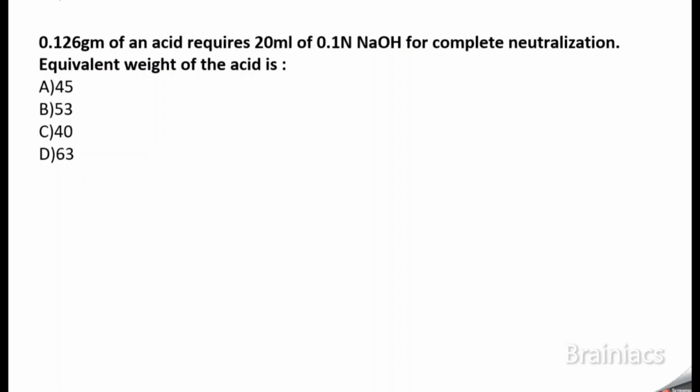Okay. So in this question we know an acid is reacting with a base, but we don't know which is the acid, but base we know it is sodium hydroxide. So we can't write an equation specific for this because we don't know the acid. Whenever you don't know how to write the equation specific to that, we always apply the law of chemical equivalence. So on applying the law of chemical equivalence,